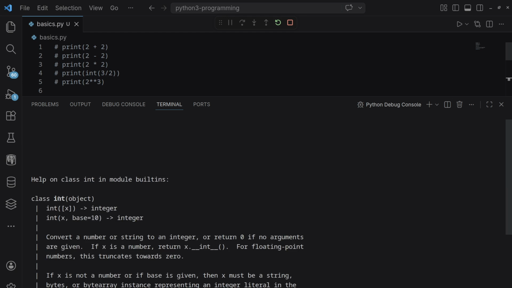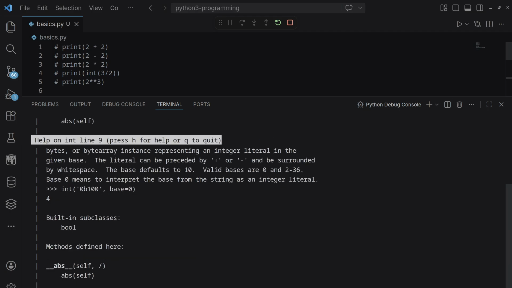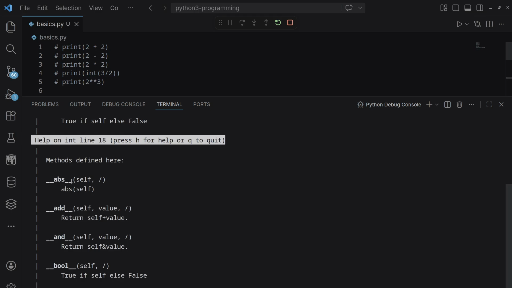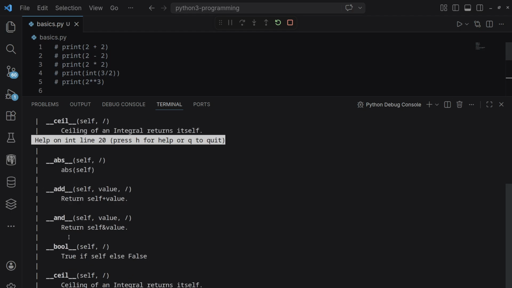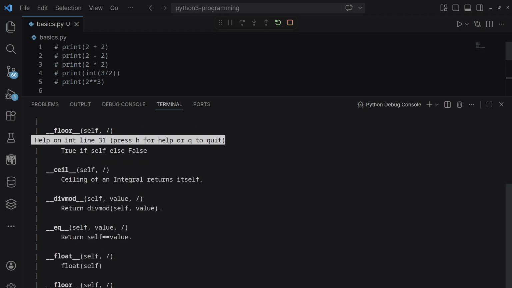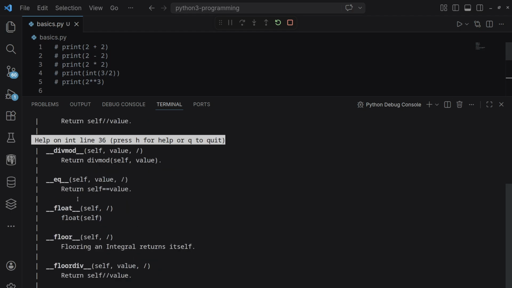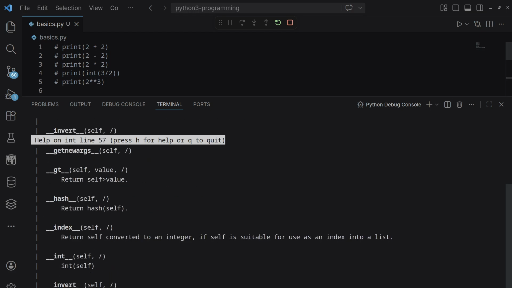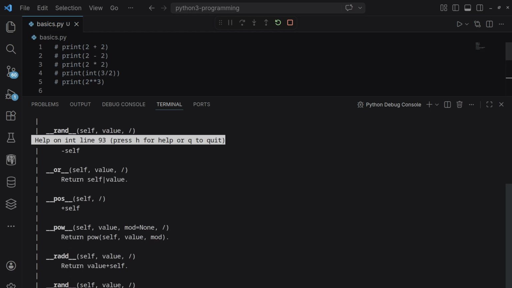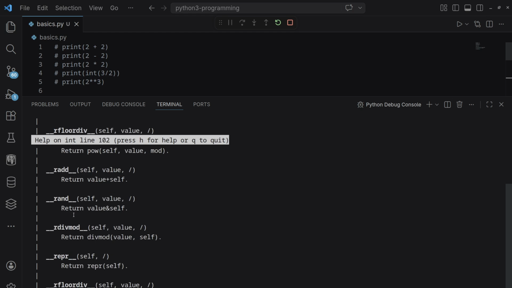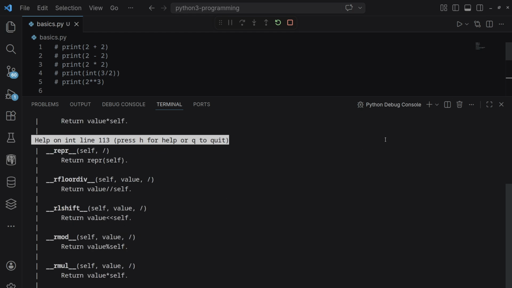So integer is a class. It's a complicated thing actually. I will show you possibly in the next video the source code of the int object and float objects, and you'll see how complicated the implementation is. It provides lots of methods of its own. Most of these methods are for operator overloading. Some are for computation of ceiling and floor and all that. And most of these are used for